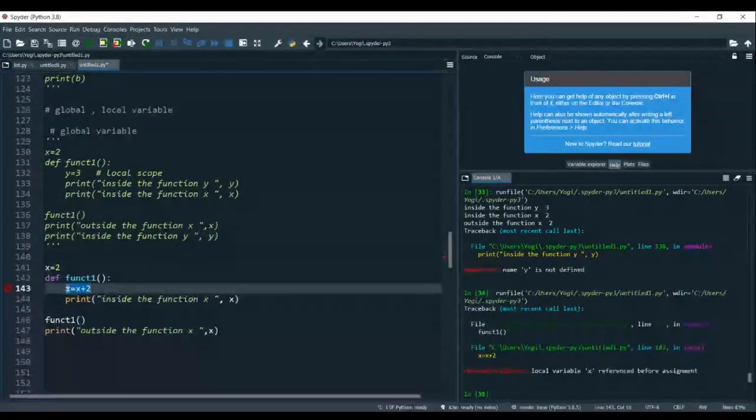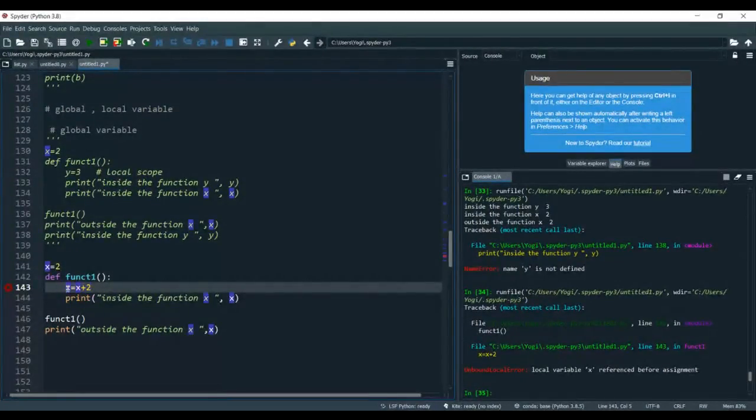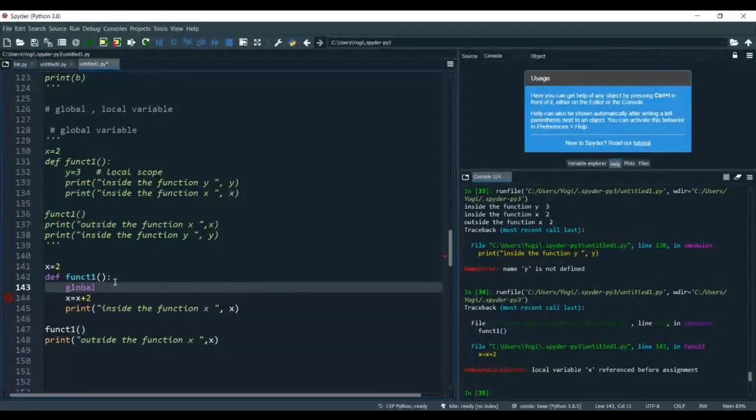If I want to implement these kinds of things, I can make use of the global keyword so that I make it clear that I am taking a reference from the global scope. So what I can do, just write global x.